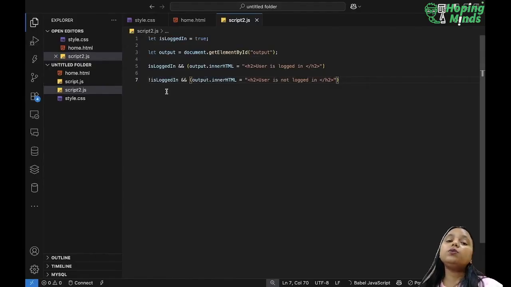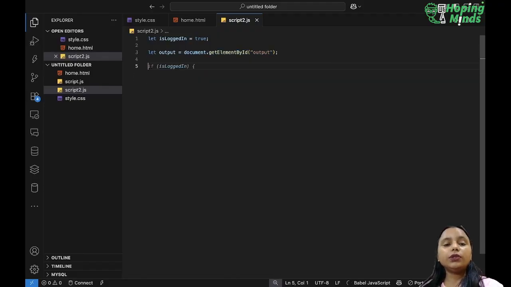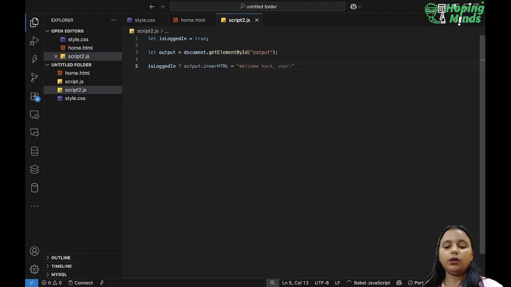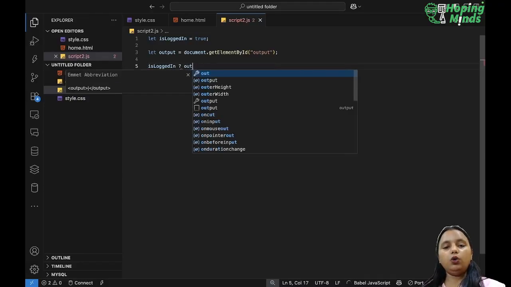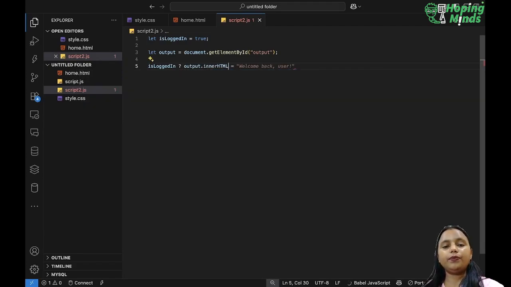Now, there is one more way to handle it, with the ternary operator. So how will ternary work? For that case, I want isLoggedIn, then output.innerHTML will be your h3, or let's put in a paragraph,